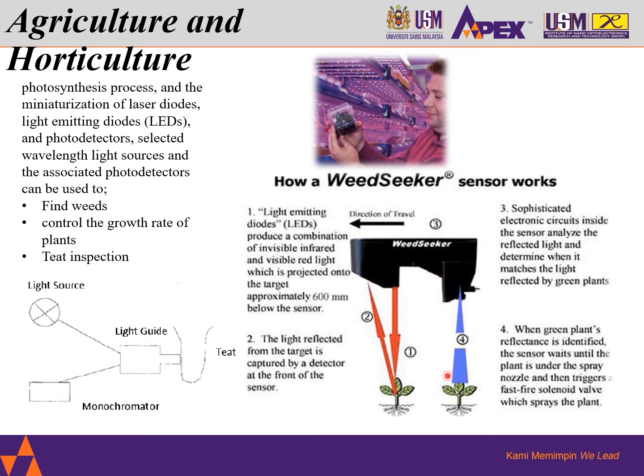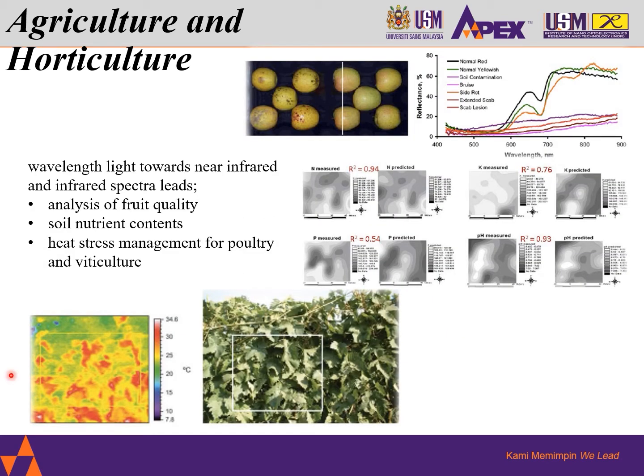When the green plant reflectance is identified, the sensor waits until the plant is under the spray nozzles here and then triggers the fast fire solenoid valve which sprays the plants here. So interesting applications. Second one is moving the wavelength of light towards the near infrared and infrared spectra,